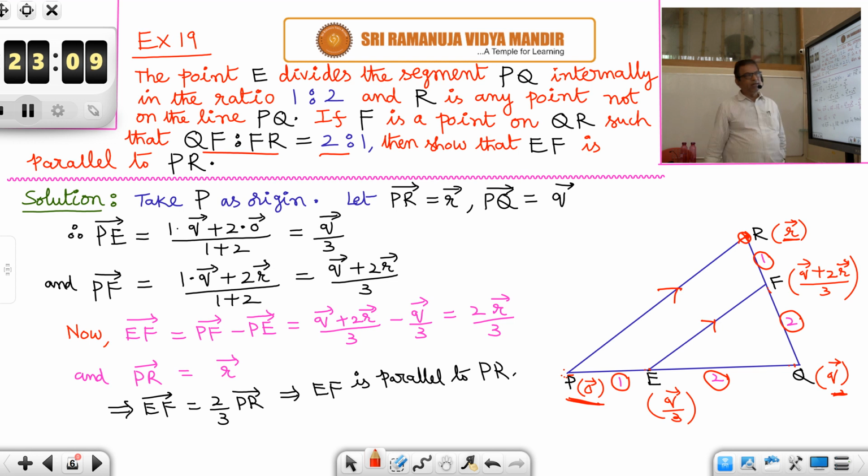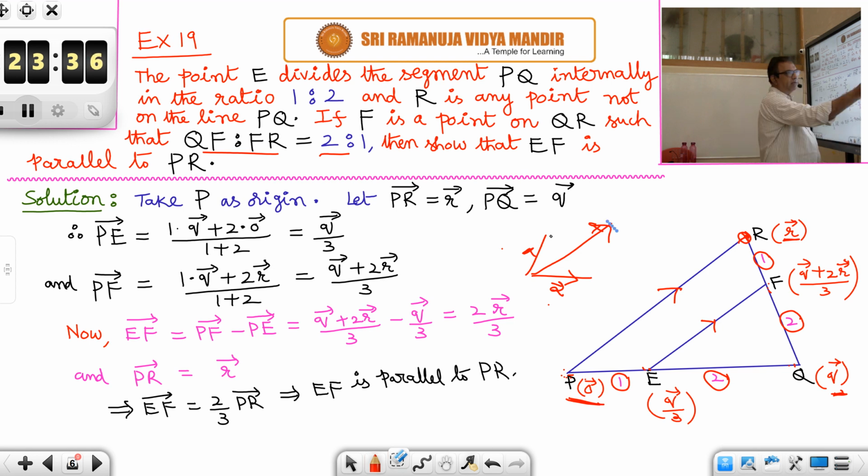So in the plane, only two vectors are enough. You take F and say that PF bar is F bar, PE bar is E bar. Like that, you need not take a number of vectors. In a plane, only two vectors are enough. A bar and B bar are two coplanar vectors, and then any other vector in the plane will be in the form XA bar plus YB bar. It will be a linear combination of these two vectors only. You should not take more than two vectors. Always two vectors in the plane. In space, three-dimensional space, three vectors. That's all.